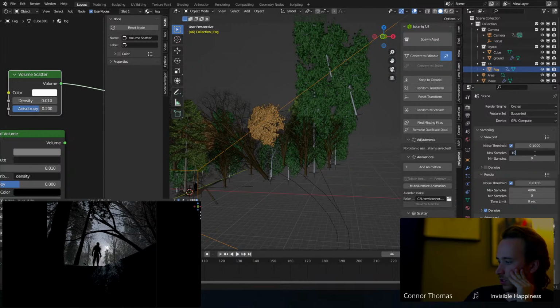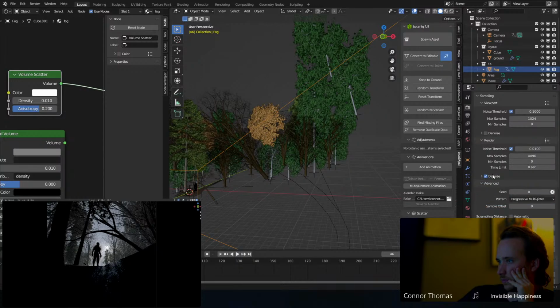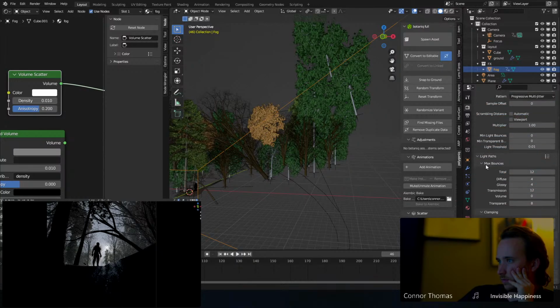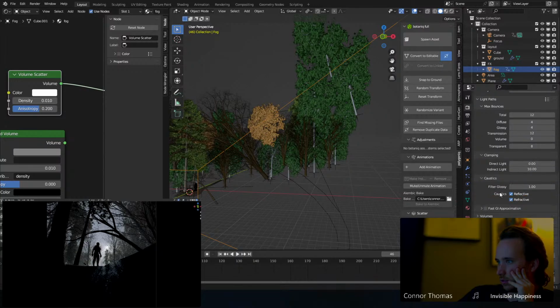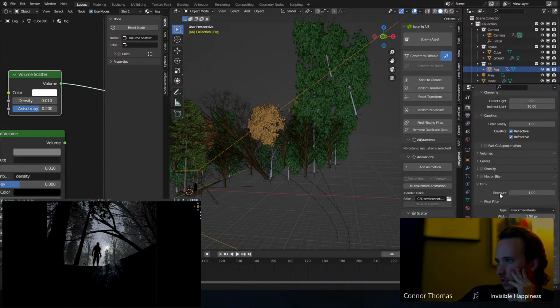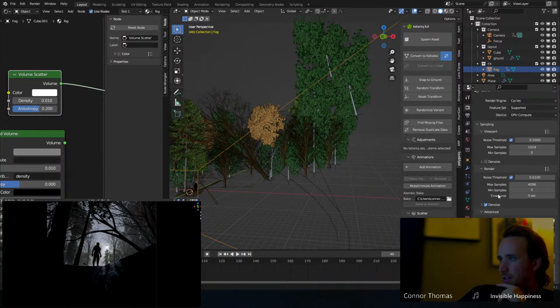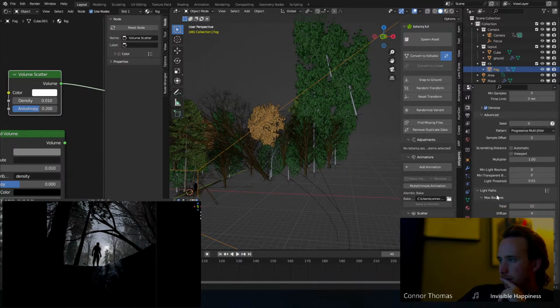The sample shouldn't change it. Like 1024 should be fine. Max bounces, total. Because there might be a difference between the max bounces in